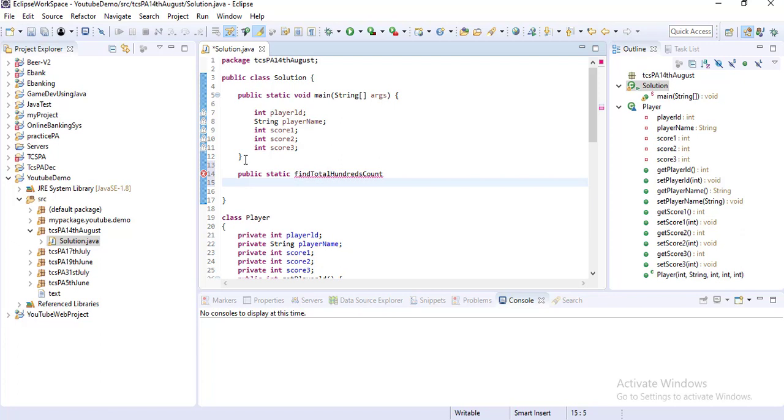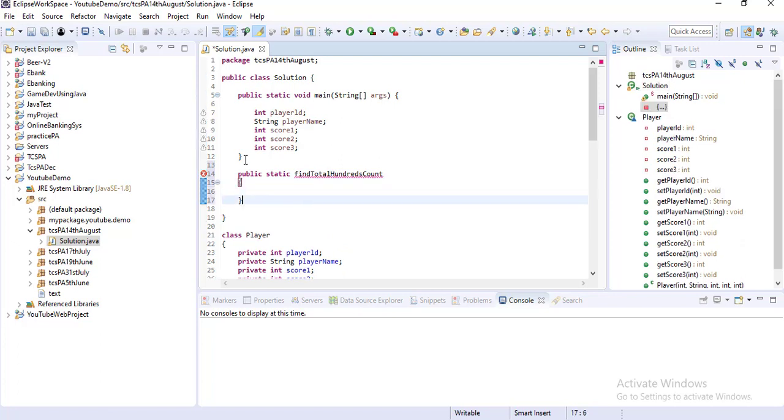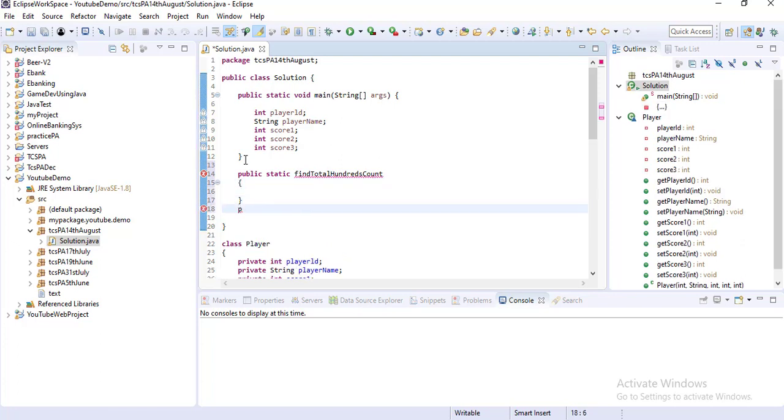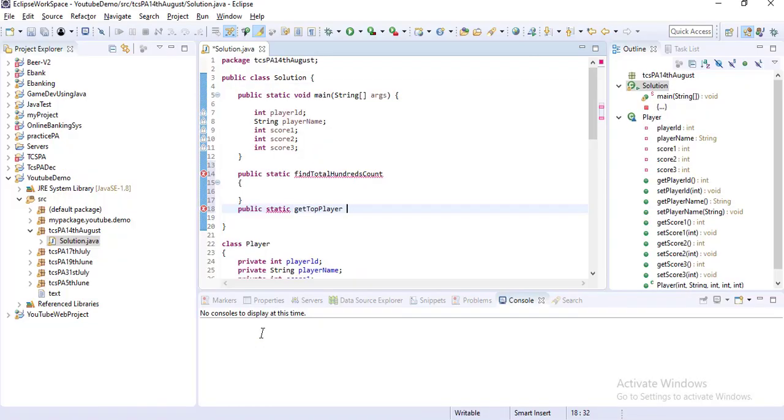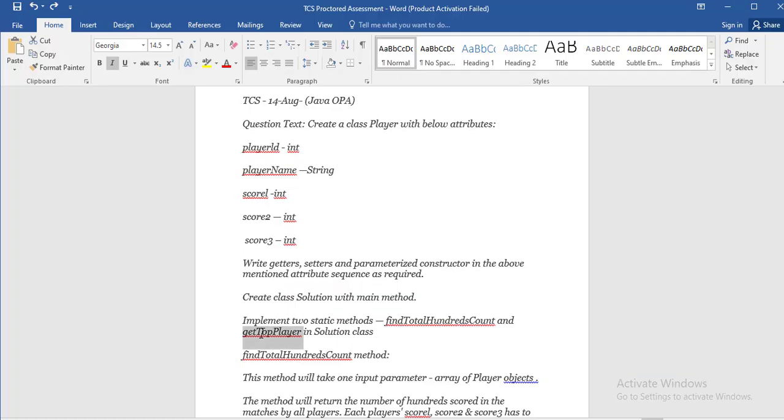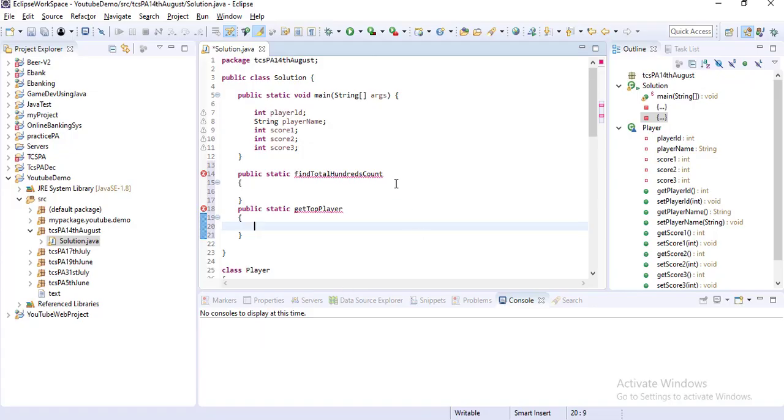Then the method name, and then once again public static, copy this, it should be the same because these two methods are public static methods. And here you can see the method name is getTopPlayer. Paste it here, and the return type and argument list you have to check.